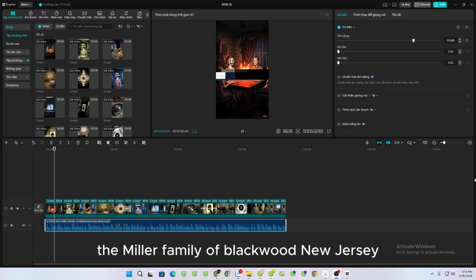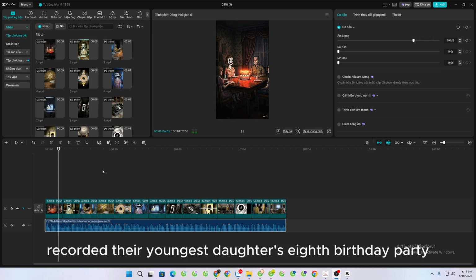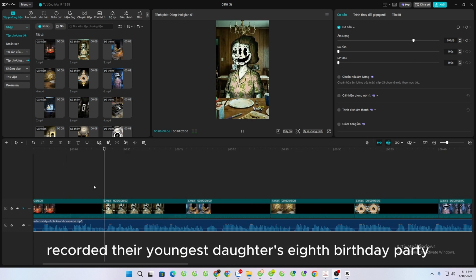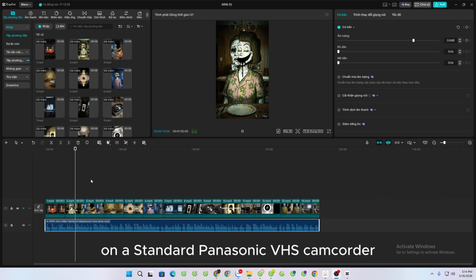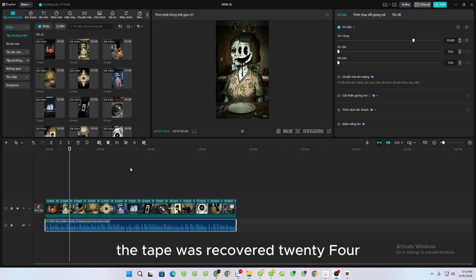The Miller family of Blackwood, New Jersey, recorded their youngest daughter's 8th birthday party on a standard Panasonic VHS camcorder. The tape was recovered 24